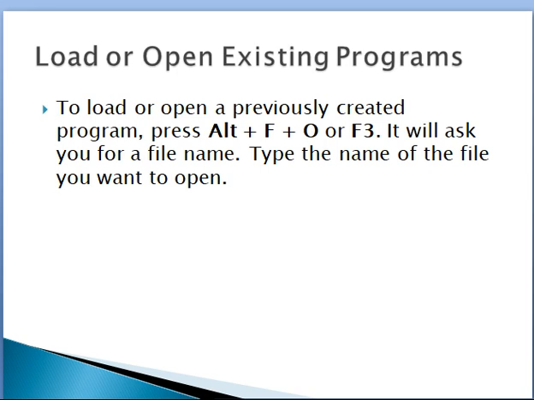It displays the open dialog box. From that open dialog box, choose your file name or type the name of the file you want to open. Then select the open button. Then it opens the selected file in the Turbo C editor.